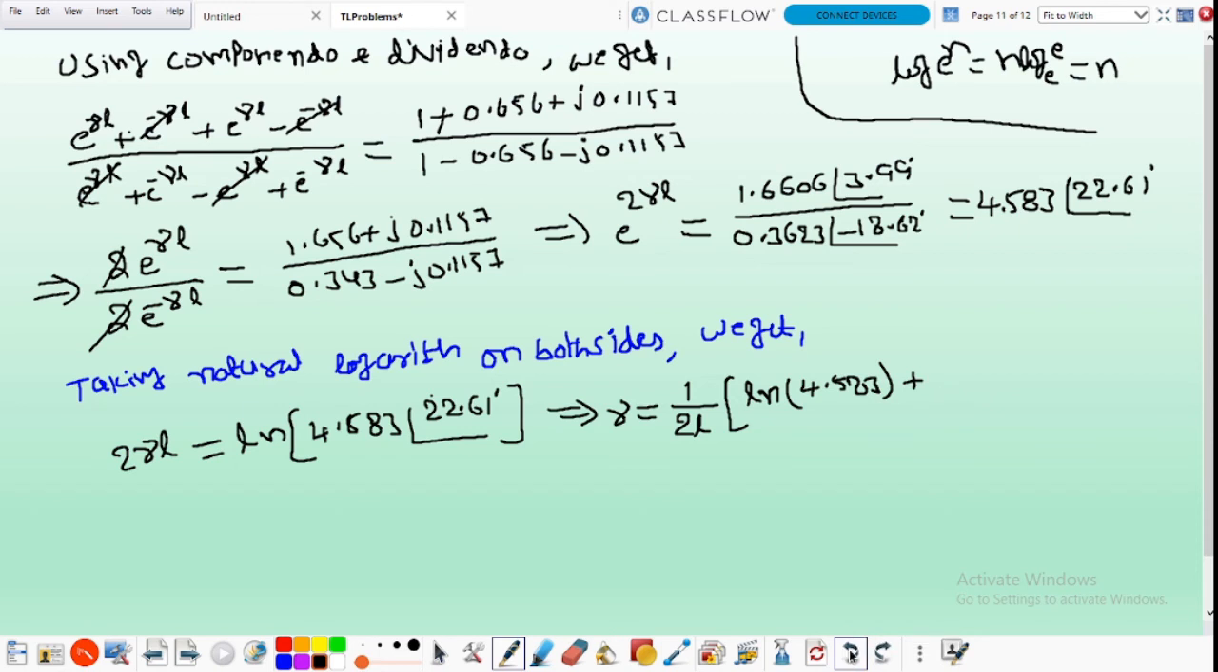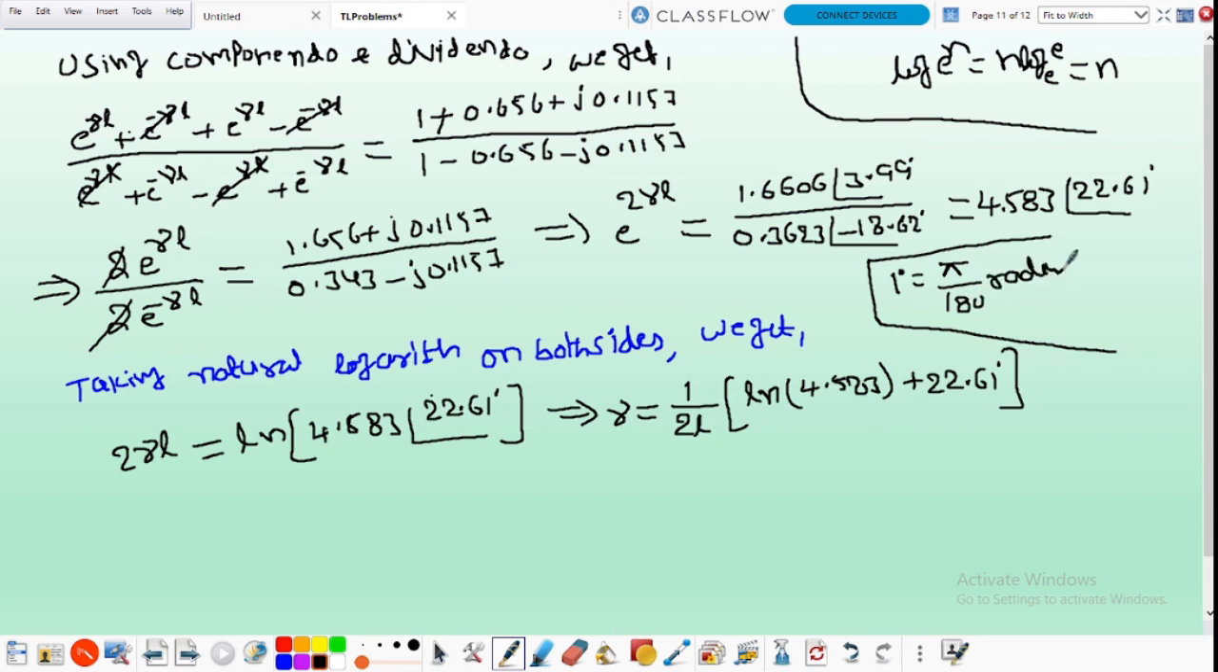So the natural logarithm of e power j 22.61 degrees is j 22.61 degrees. But we know that 1 degree is equal to pi by 180 radians. So converting degrees into radians, 1 degree is equal to pi by 180 radians. Therefore, the propagation constant gamma is equal to